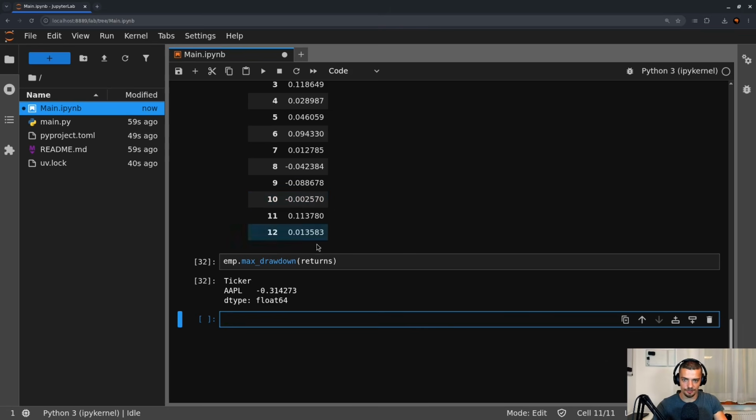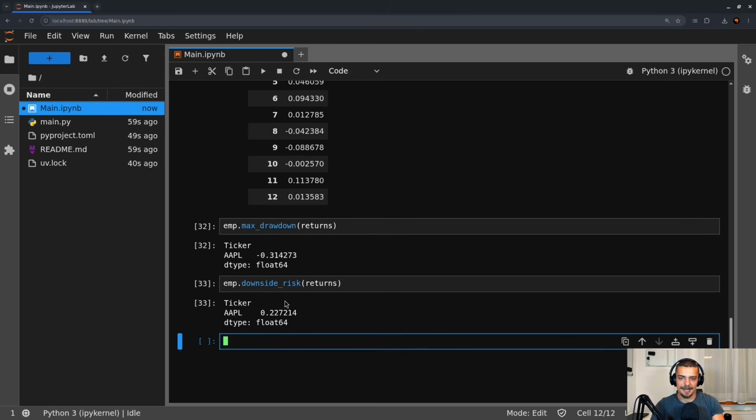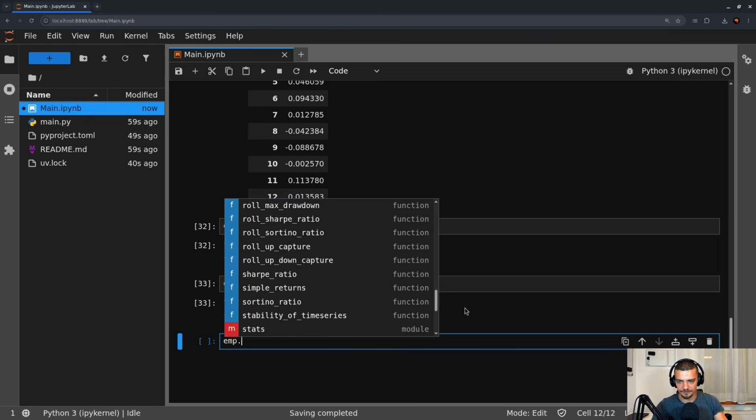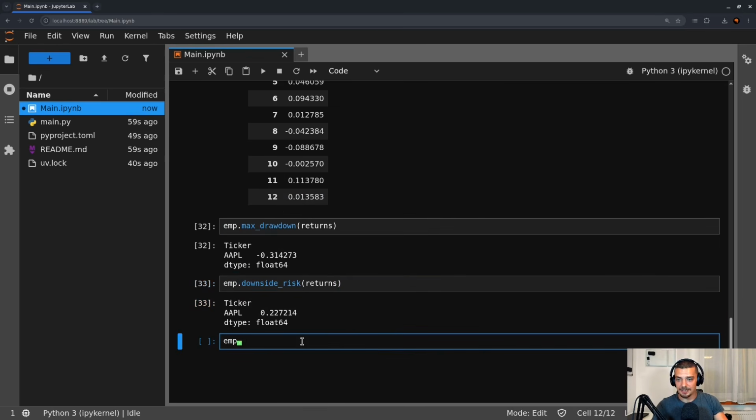And in this case, it was 31.42%, which basically means that we had a peak and then the stock fell 31.42% before going back up or before going to the next peak. And we can also go with downside risk here if we want to, based on returns. Again, I don't want to show you all the different functions. The idea is you have emp.something and you have all the different functions here that you can use for various